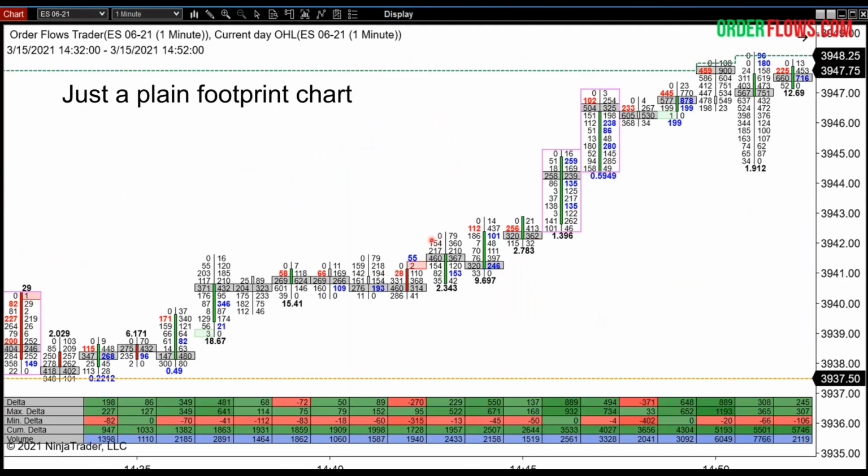Okay, this is just your normal footprint chart. Okay, it just looks okay. Yeah, I can see points of control go. Market sort of grinding its way higher, right? Sort of going sideways down here, come up a little bit, go sideways some more, go up a little bit, and then finally get that pop. But if you're looking at value,